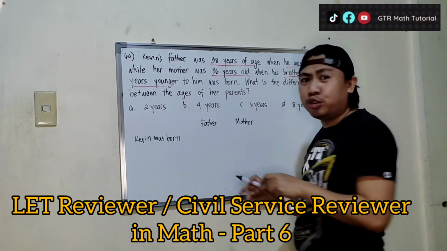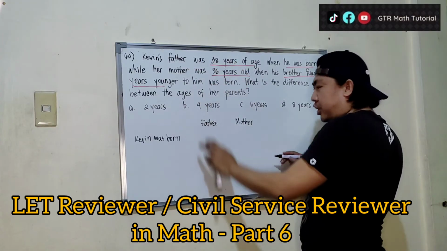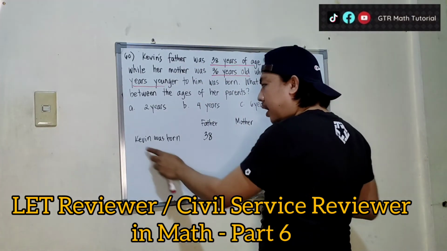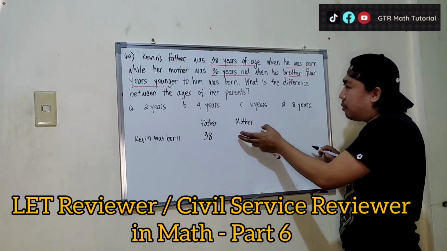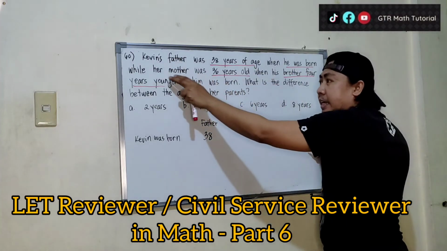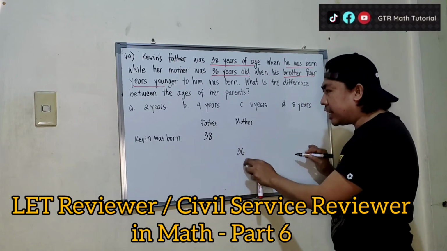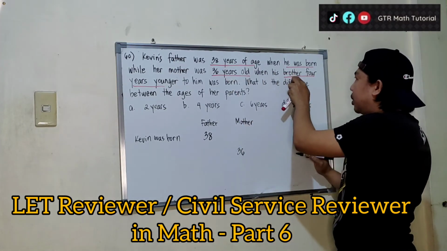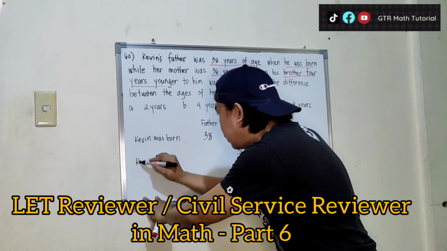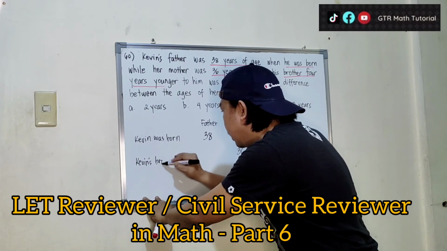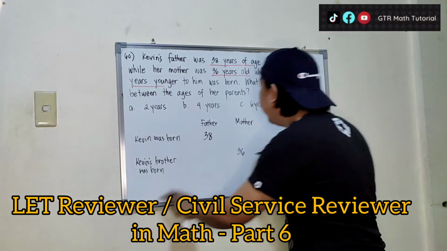So, parang hindi nakalagay yung age ng mother niya nung pinanganak si Kevin. Kevin's father was 38 years old when Kevin was born. Okay? So, yung mother, wala tayong alam kung ilang taon na siya nung pinanganak si Kevin. So, another given is, while her mother was 36 years old when his brother, 4 years younger to him, was born. So, Kevin's brother was born, dito, Kevin's brother